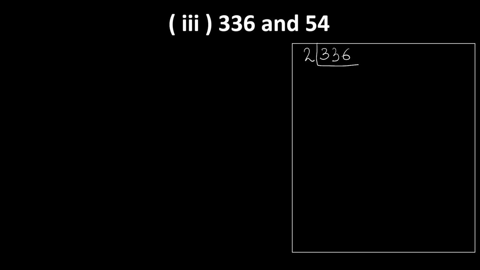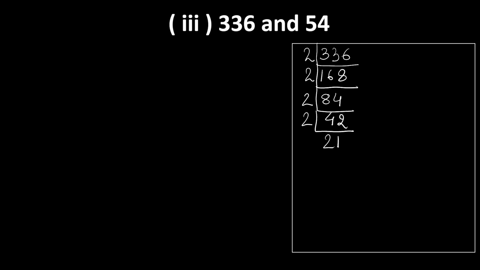We have to divide it with 2 since it is an even number. So now we are going to get the quotient as 168. And if you divide it again with 2, since 168 is also an even number, we are going to get 84 as a quotient. Again 84 is an even number, so we can divide it with 2 in order to get 42 as a quotient. Now let's try dividing 42 with 2 since it is an even number, so we are going to get